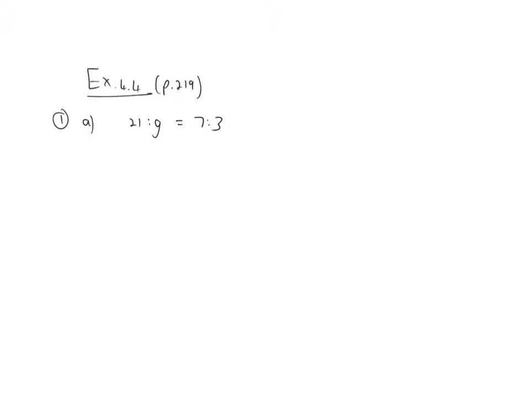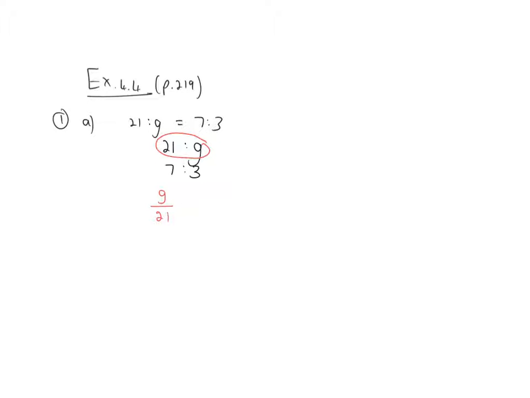Okay, so we're looking at question 1a. The two ratios that are given are equal to each other. I like to write it underneath each other like this. That's the first ratio, that's the second ratio. It's easier to compare. Now what we do, we take this ratio and we write it as a fraction, g